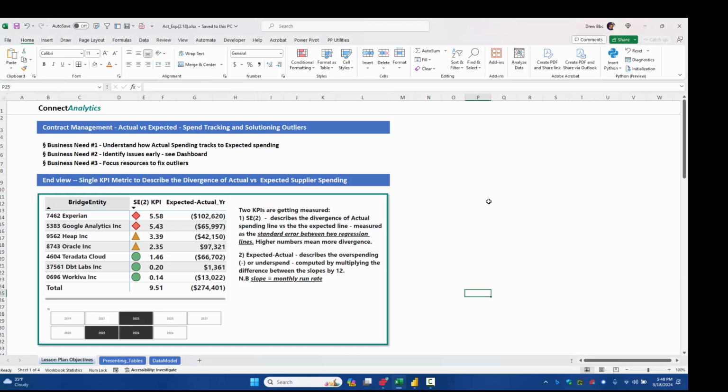Today we're going to be talking about actual versus expected spending that can be observed coming out of a contract management system when combined with an AP file. We want to understand how actual spending tracks to expected. We want to be able to see the issues early. We've got a dashboard here. We'll go through that, and then we want to use that as a way to focus resources to go fix